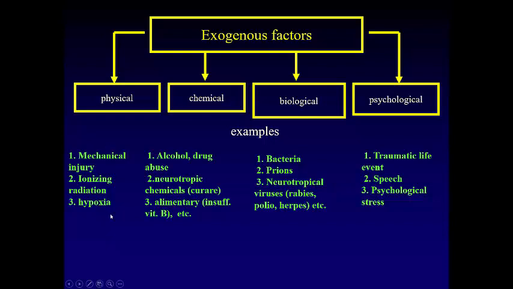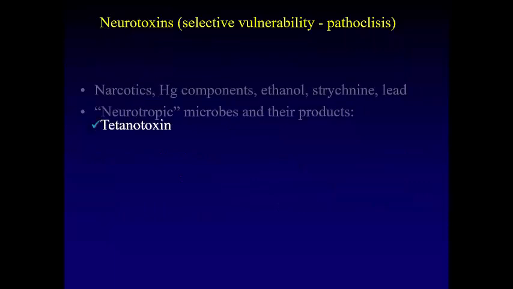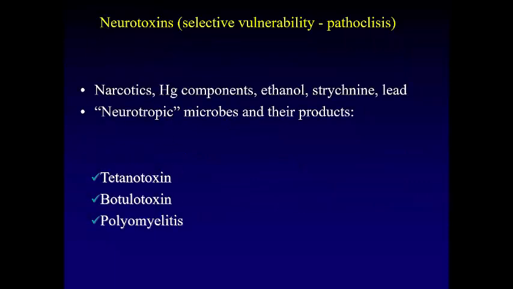And hypoxia, the most common mechanism and pathological process that we have, is emphasized here again, because again of the extremely high vulnerability of the nervous system to hypoxia, because of the very high metabolic demand of the nervous system. And that's why some scientists suggested this term pathoclisis, or selective vulnerability,